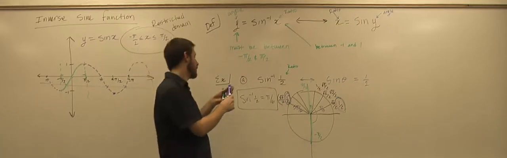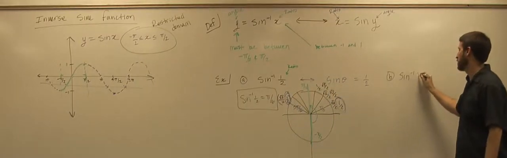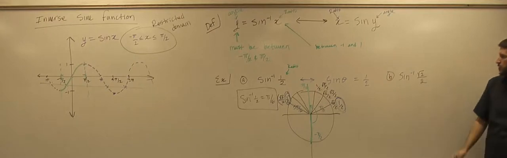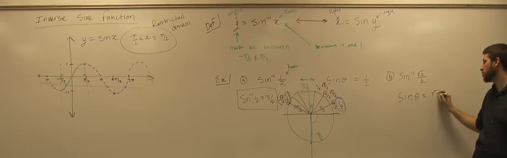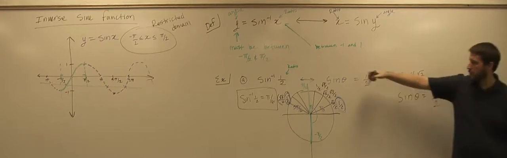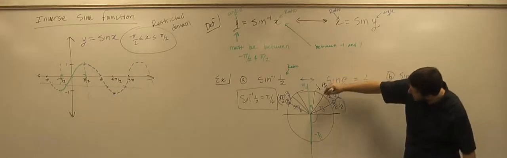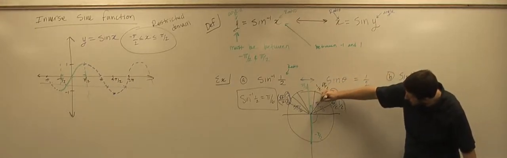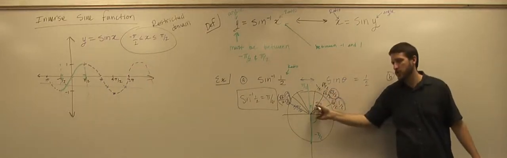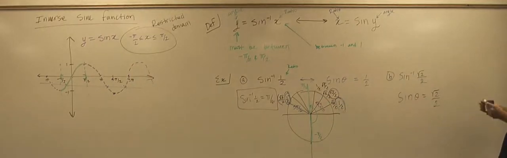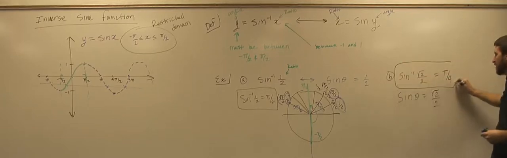So, one more and I'll let you go. What about sine inverse of root 2 over 2? So this is asking the question, when is original sine equal to root 2 over 2? So you look here at the y value of root 2 over 2, and you go back to the angle, which is pi over 4. So sine inverse is going to get you back from a ratio to an angle. So the answer to this would be pi over 4, always in radians, never give me